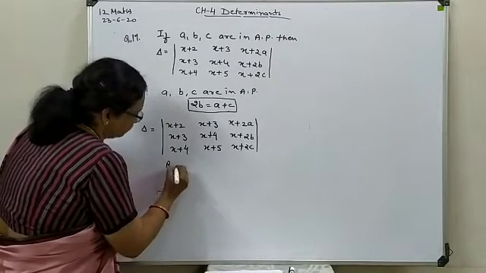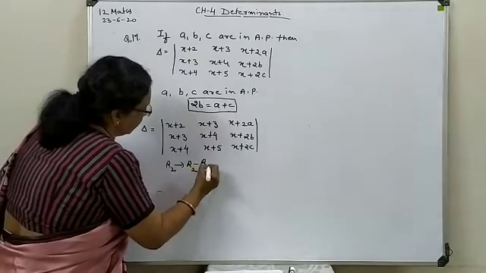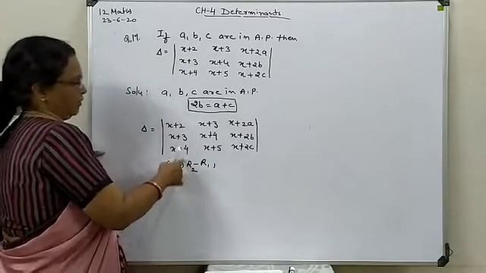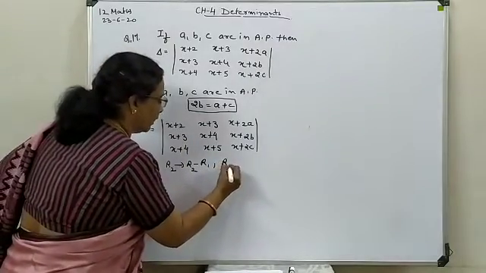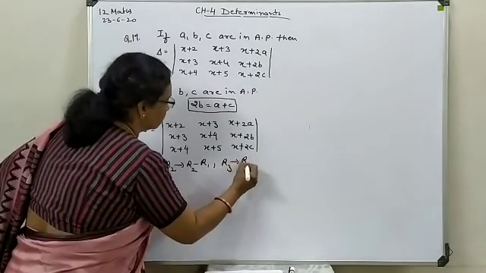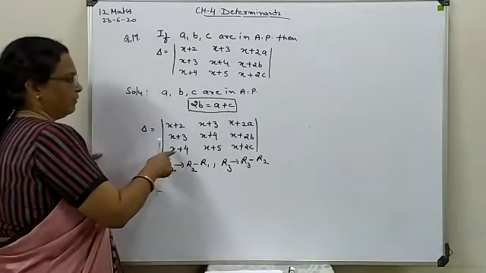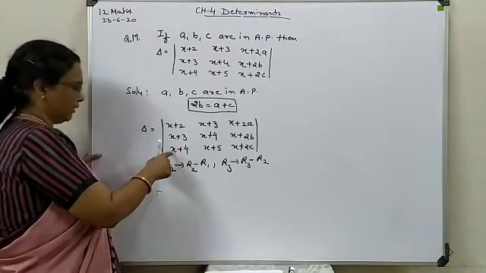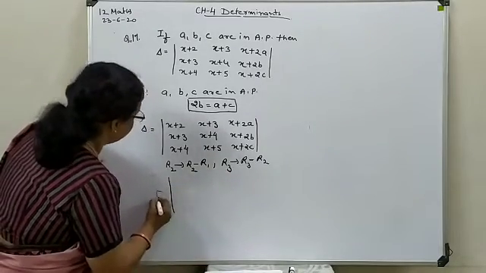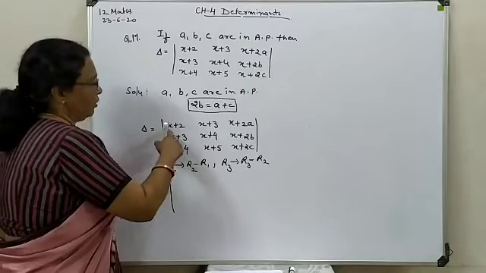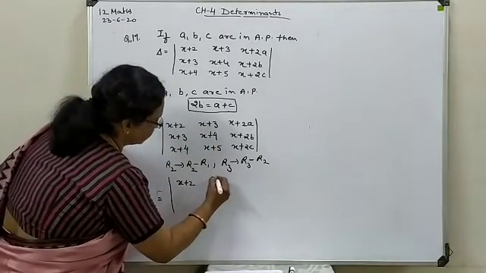First row subtracted from the second, so the effect you will get is in R2. Then in the third row, subtract the second one, so the effect you will have is in R3. Now look at the combination you will generate after implementation. Your first row will remain unaffected, so as such it is to be written.